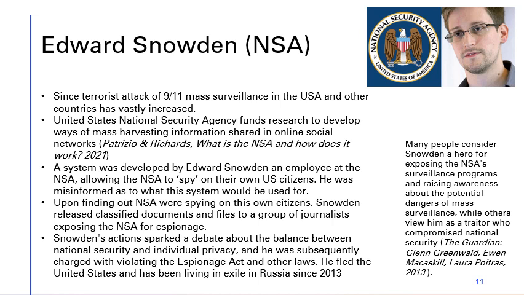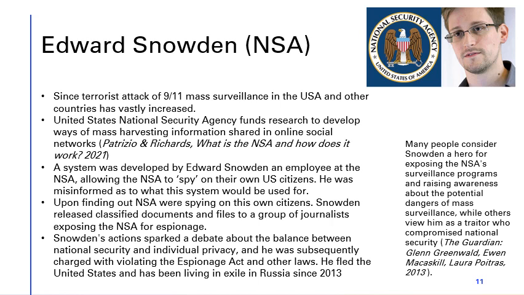Within the NSA, a system was developed by Edward Snowden, who was an employee of the NSA, allowing the company to spy on their own citizens. When developing this system, Edward Snowden was actually misinformed as to how this system was going to be used. He was told it would be used only in emergencies if all other systems were down and nothing was able to be used. However, the NSA were using this to spy on their own citizens in the US,